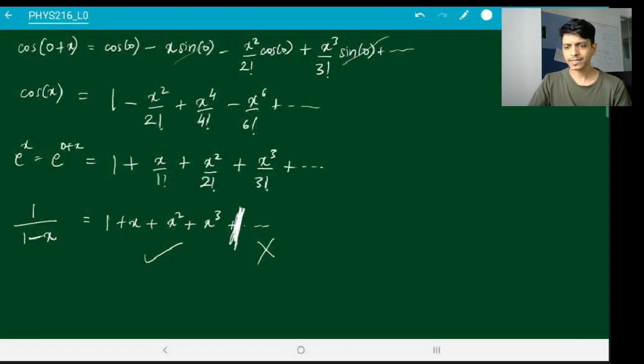Okay, so the reason I introduced this Taylor expansion over here is that we are going to use it extensively in quite a few of these different numerical methods that we're looking at. So I thought I'll just give you an introduction to it so that we don't have to go through it again and again eventually. Of course, this is in case you haven't seen it before. If you have seen it before, then this is just a good revision for you. Okay, so that's it as far as the introduction is concerned, and we are ready to plunge into our first actual computational method.